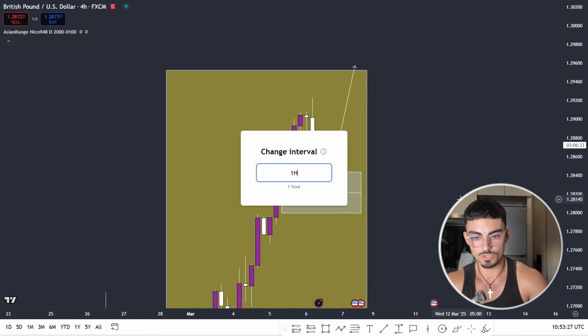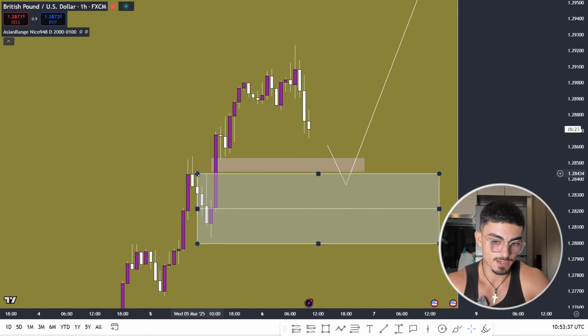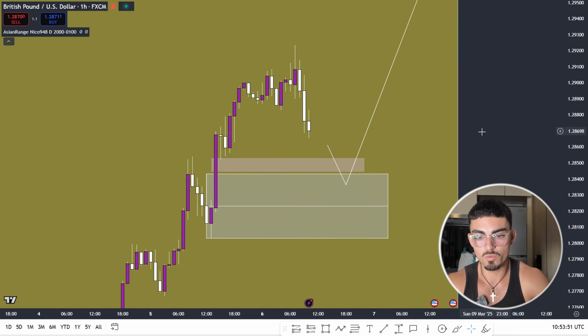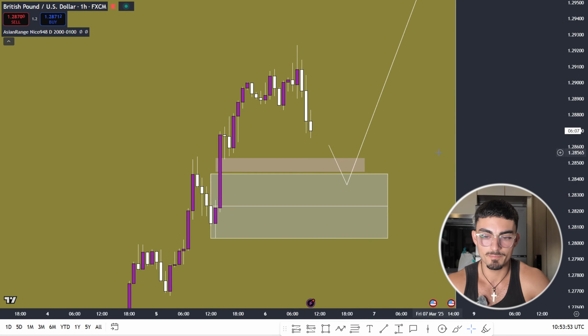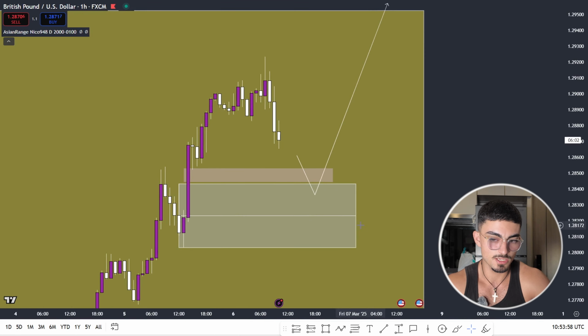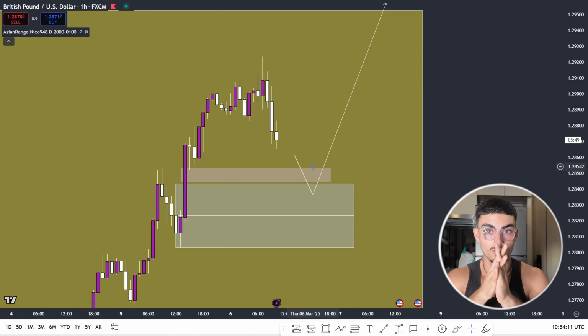Now on the hourly, we can see that we can refine this fair value gap to this level down here, okay? And we can refine this demand zone slightly by pulling this in here and going to this low right here, okay? So something like that is probably what I would do. And if we were to tap into this, I would then consider looking for buys because it makes sense based off the higher time frame. And as you can see, if we were to tap into it, I might look to take a buy.